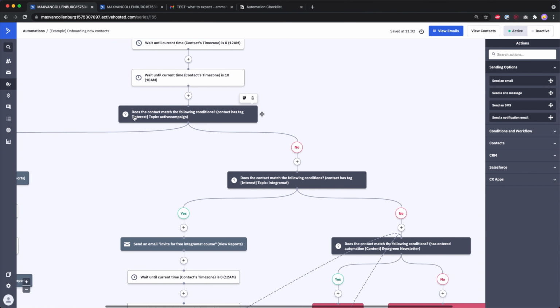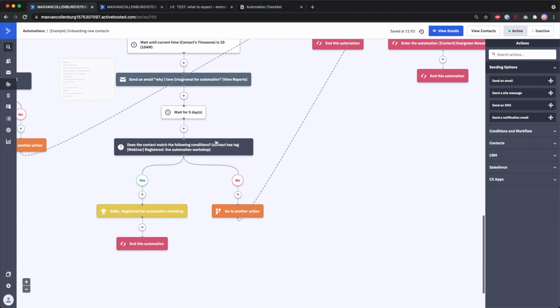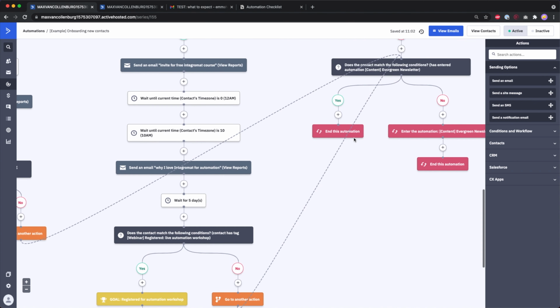Now then, if they do not have the tag, then over here I check the same again, following condition, contact has tag. Okay, yes, cool. Okay, now then it will follow all these things, then I will check all these things, and then here I would also check this, I would check the goal, right? And I will follow this go to interaction again.